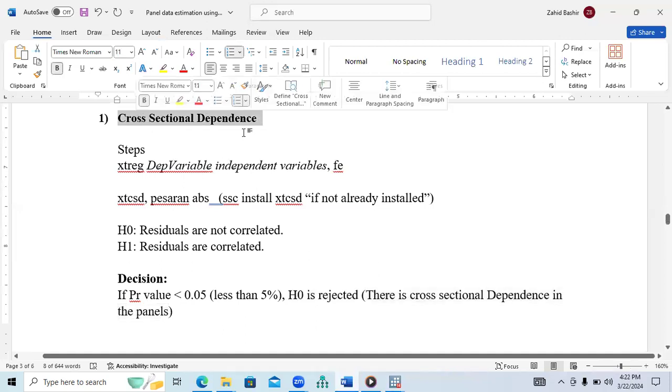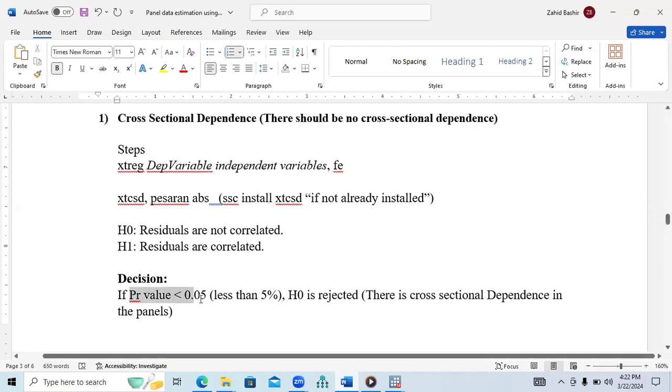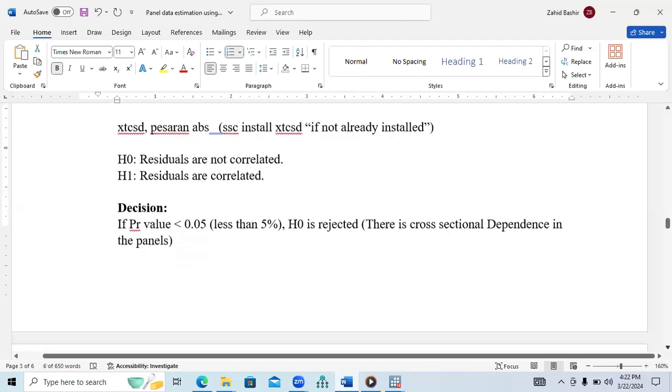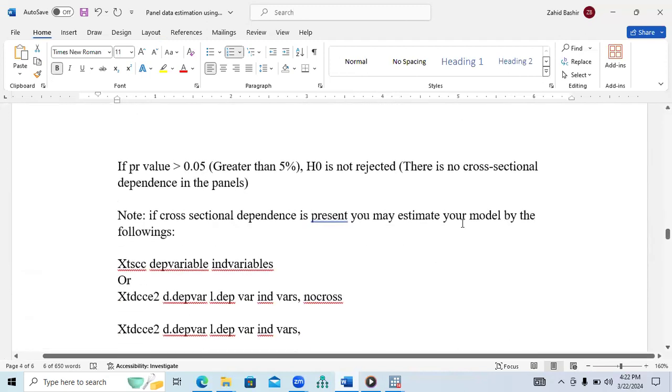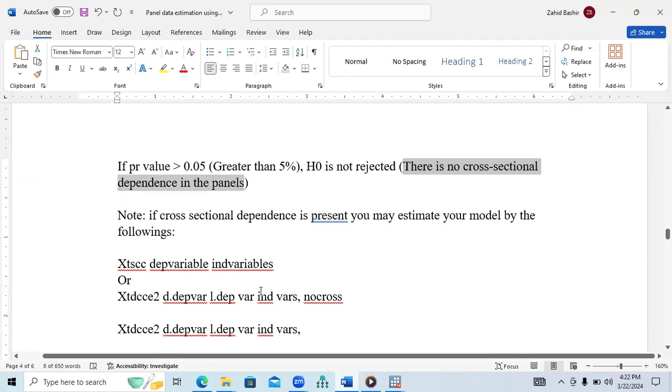There should be no cross-sectional dependence. If your Pr value is less than 5%, then this assumption is violated. So in our case, our assumption is not violated. So what we have concluded is that there is no cross-sectional dependence in our sample. Always remember, if this assumption is not fulfilled,